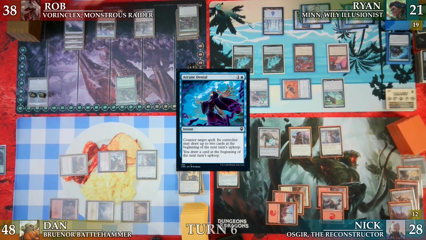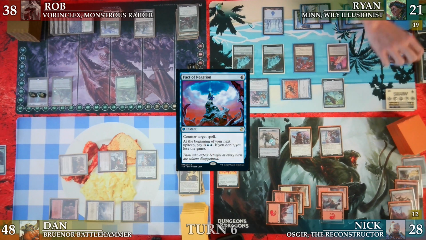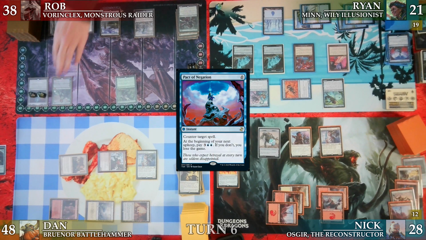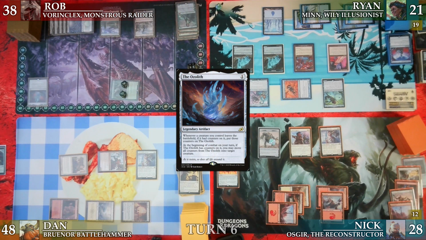Rob's going to go ahead and play out Forest for land for turn, and then he's going to attempt to cast Vivian Reed. Ryan's going to go ahead and choose to counter it with the Pact of Negation. And so in retaliation, Rob goes to combat, and that Ozolith we all forgot about triggers. Rob's Vorinclex is going to get 14 counters, and that's going to be doubled up to 28 counters instead at